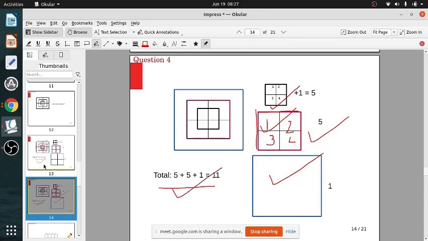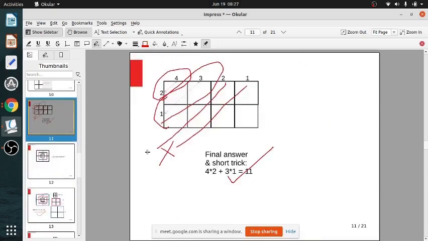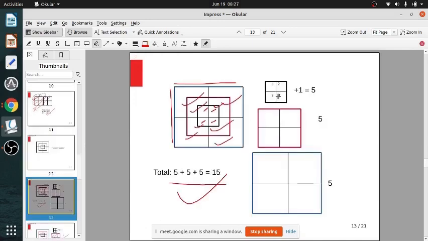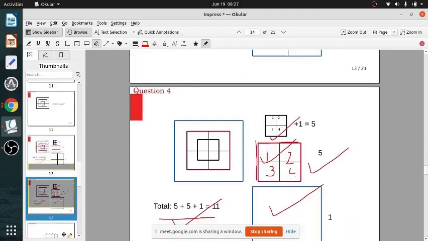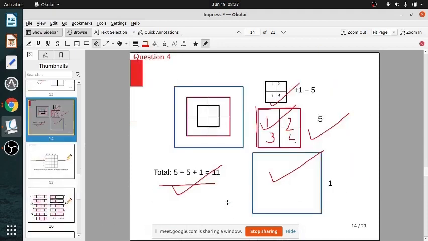There, what happened? All were divided. So we got all 5, 5, 5. That one was divided. This one, all were divided. See, so what we did? We got 5 for the black one, 5 for the red one, 5 for the green one. So we got 15. Here, the outer one is not divided. So for this we are getting 5, 5 and 1.